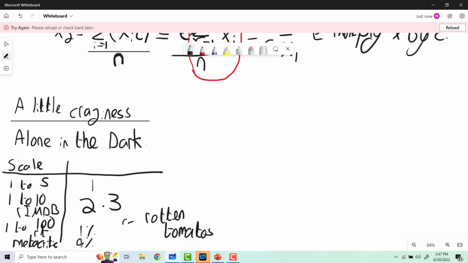I said one thing we could do, but we've not covered any of this stuff yet. We could standardize the scores. If we were to calculate an arithmetic mean, then the Rotten Tomatoes score and the Metacritic score would have much bigger weight because they're on 1 to 100, while the others are on 1 to 5 and 1 to 10. So the nice thing about, we're going to do the harmonic mean